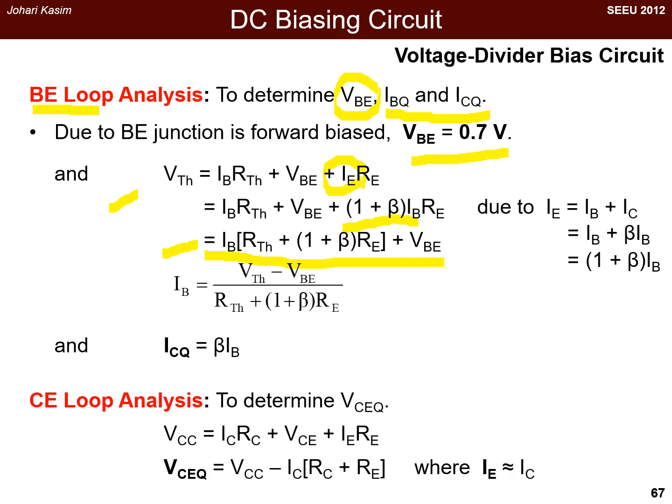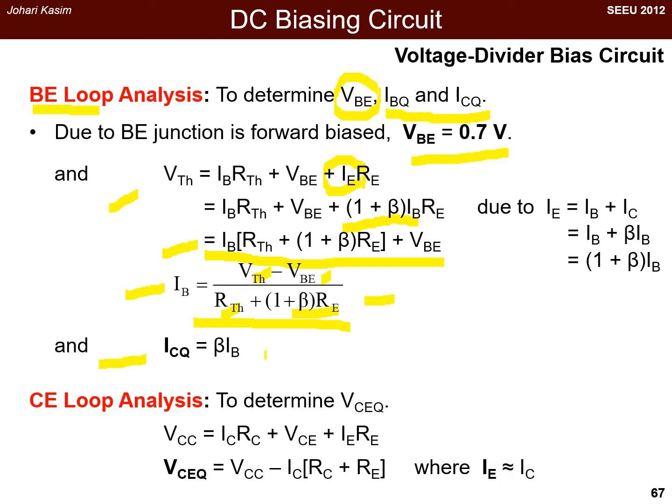If you simplify the equation, you can get IB equal to VTH minus VBE divided by RTH plus (1 plus beta) RE. If the voltage VBE, voltage VTH, resistance RTH, beta, and resistor RE are known, you can get the current IB. After that, you use the general formula, that is IC equals beta IB, to find